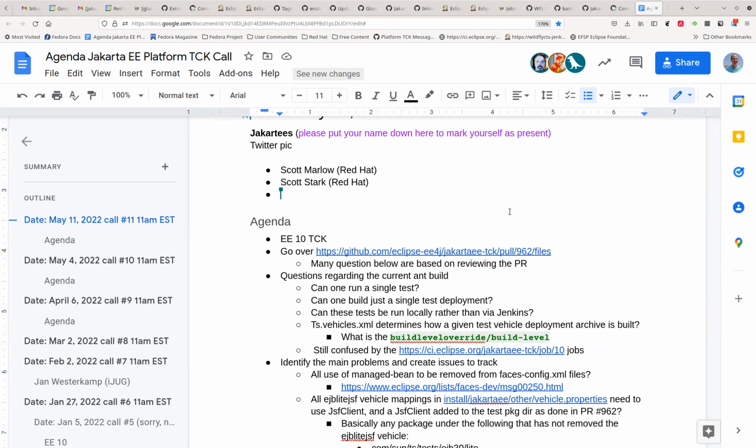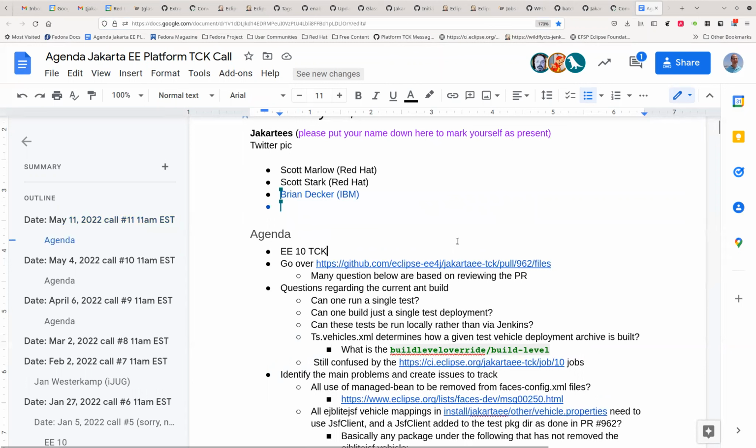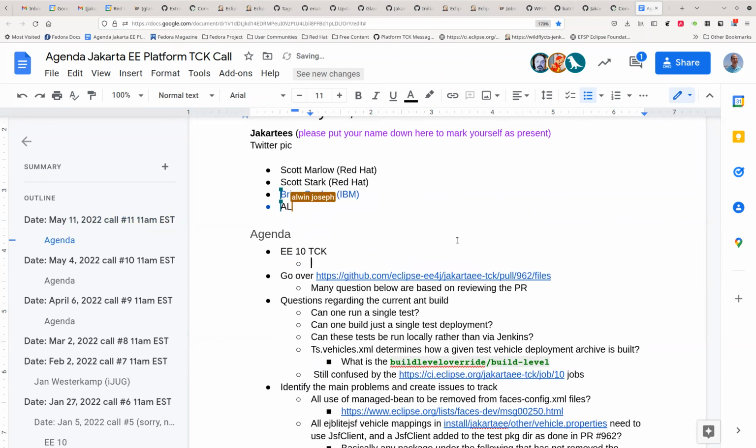So, of course, the general topic is EE10 TCK. The first pull request we wanted to go over. Actually, just on the EE10 TCK over the past few weeks, we've been drilling into all kinds of issues on different projects, issue trackers, and mailing lists. And one thing that came out of discussion